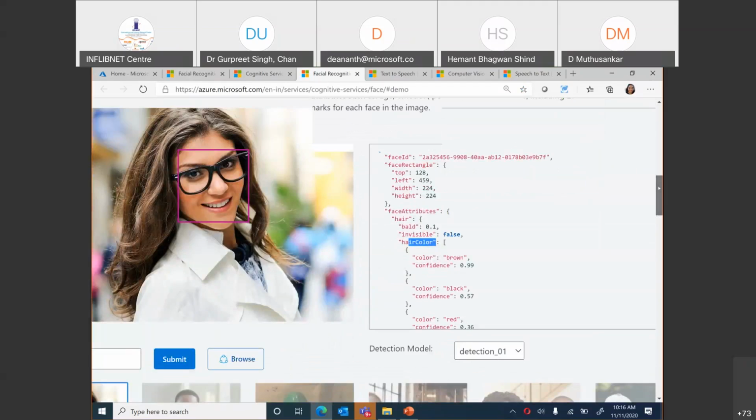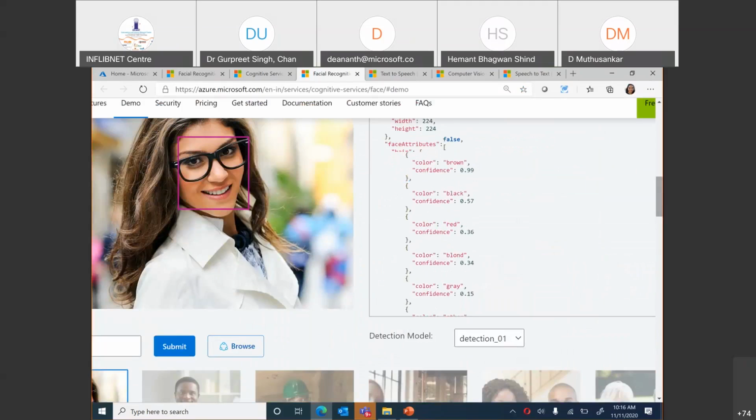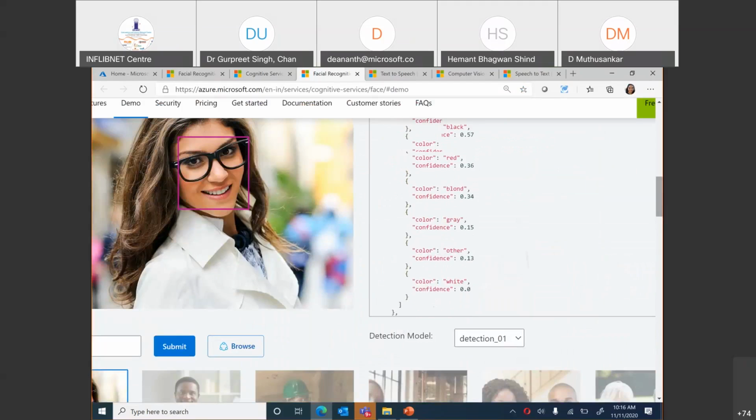In true machine style, it says, well, I see some brown, black, red, blonde, and gray and others. What is the person trying to do? She's a female, aged 25 years, no mustache, no beard, no sideburns, has reading glasses on, eye makeup, lip makeup, and the primary emotion displayed in this photograph is happiness.